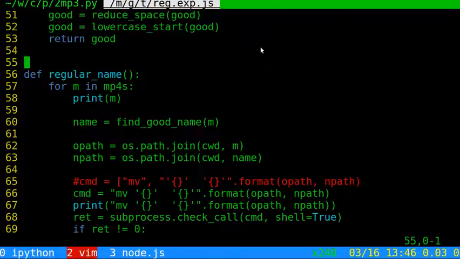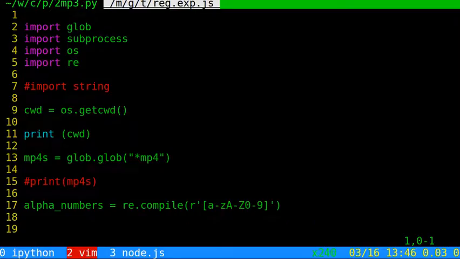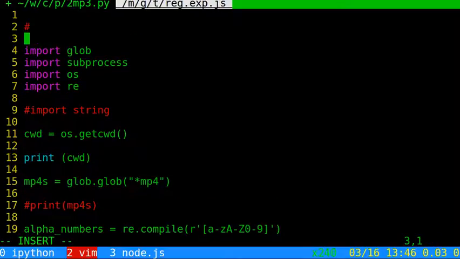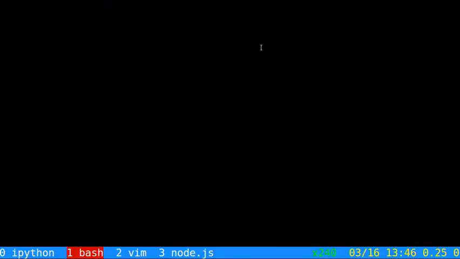Hello. What we are going to do is to make some file. Let me show you. We have some video file. We are going to change it to mp3 file. Actually, no matter if it's mp4 or WebM or AVI, we want to change it to